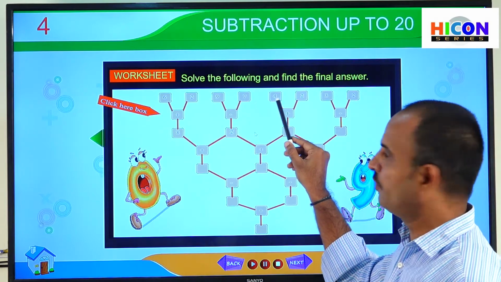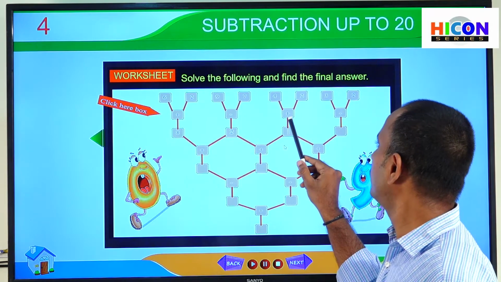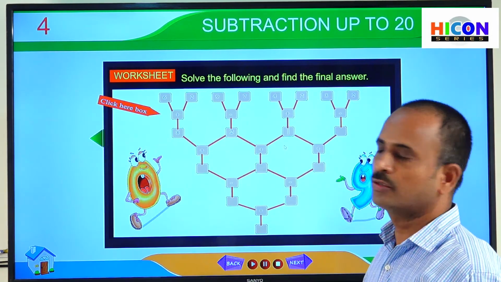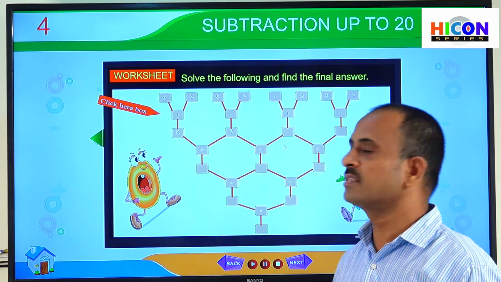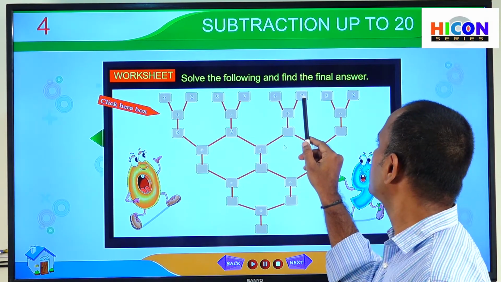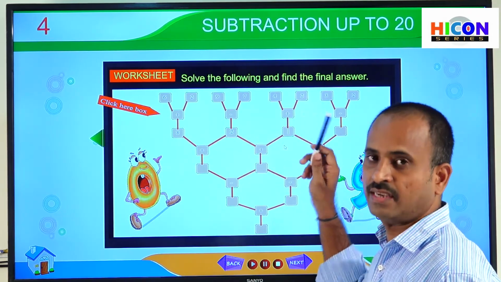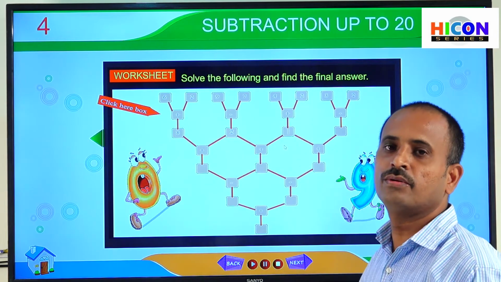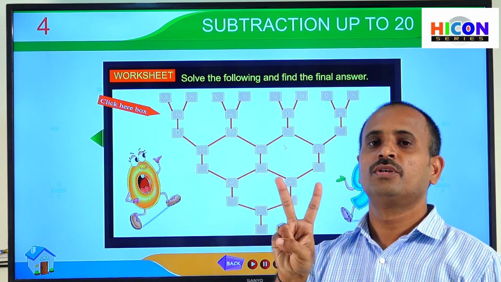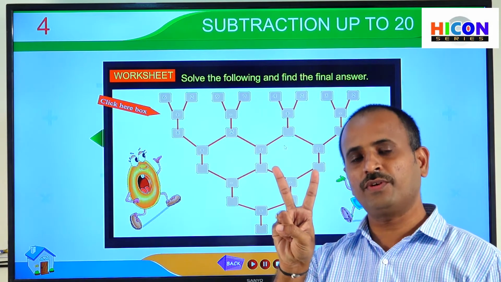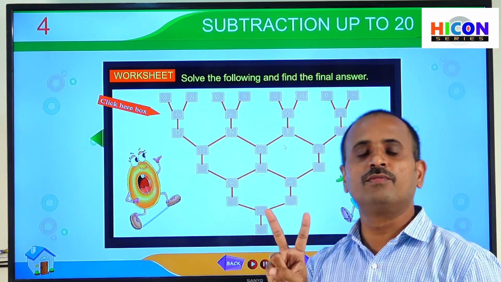The first number is 4, the second number is 2 and they have given a symbol plus. Plus means we have to add 4 and 2. How can we add? Do you remember how we carried out additions in the previous chapter? In the same way, the first number is 4 and the second number is 2. In addition, we have to open fingers equal to the second number. What is the second number here? 2. So open 2 fingers of your hand. 1, 2. Now start counting from the first number. What is the first number here? 4 is the first number. After 4 we will get 5.